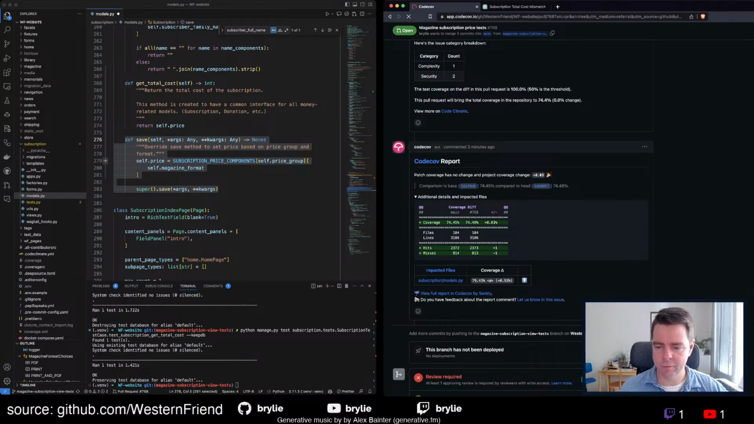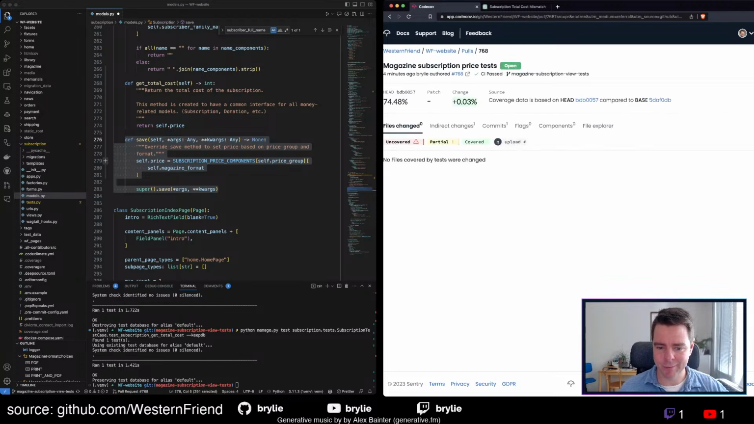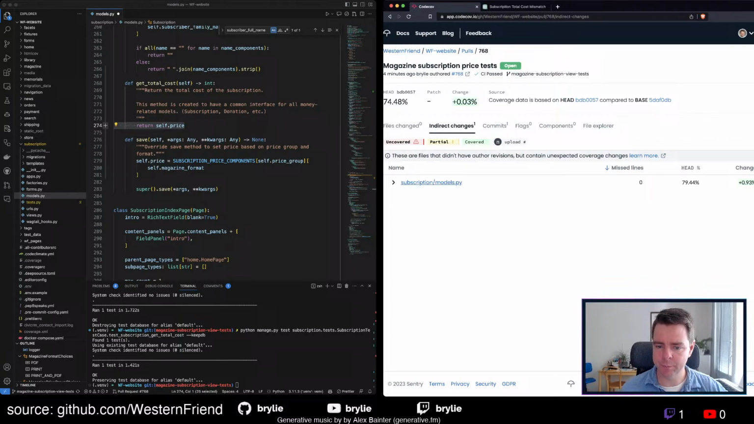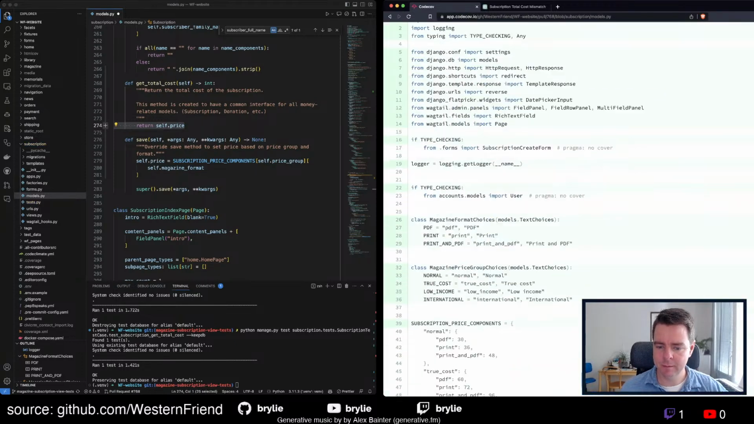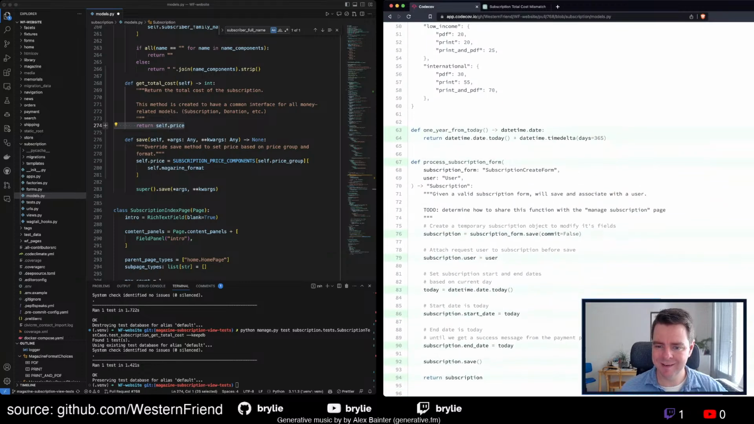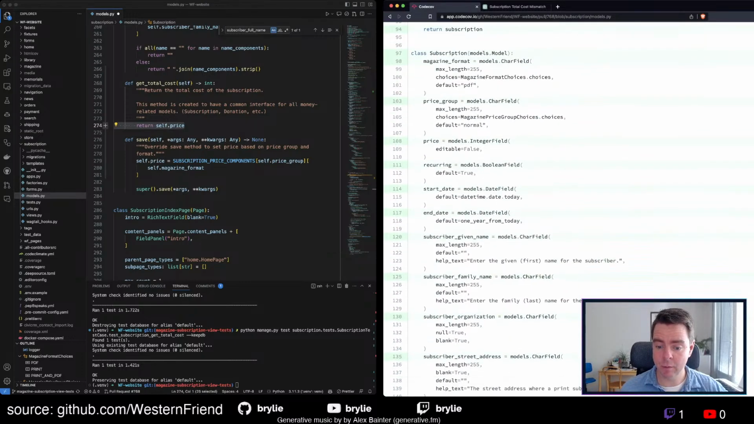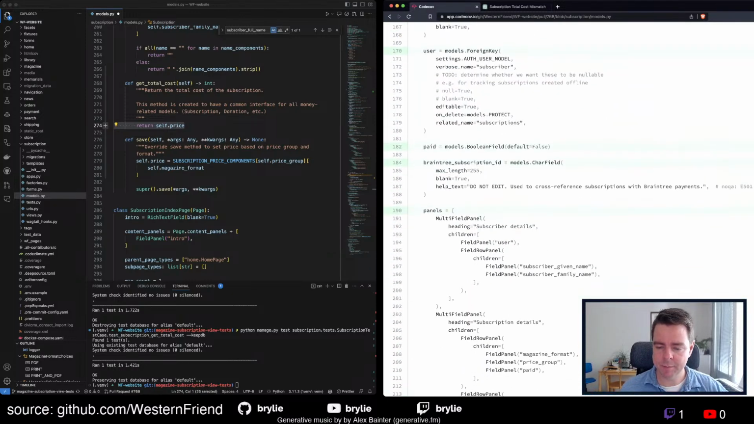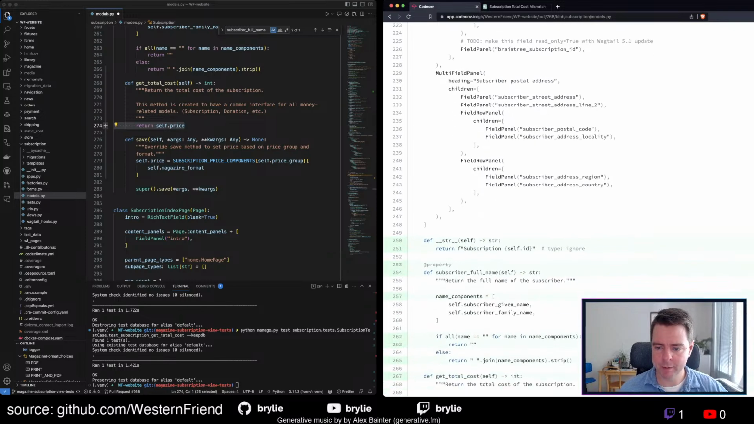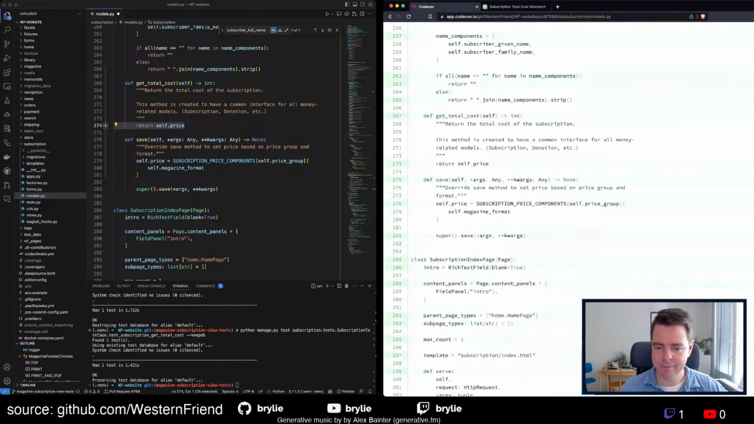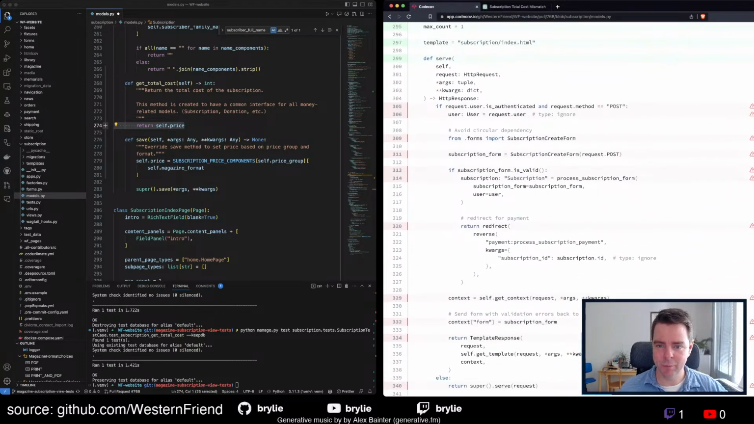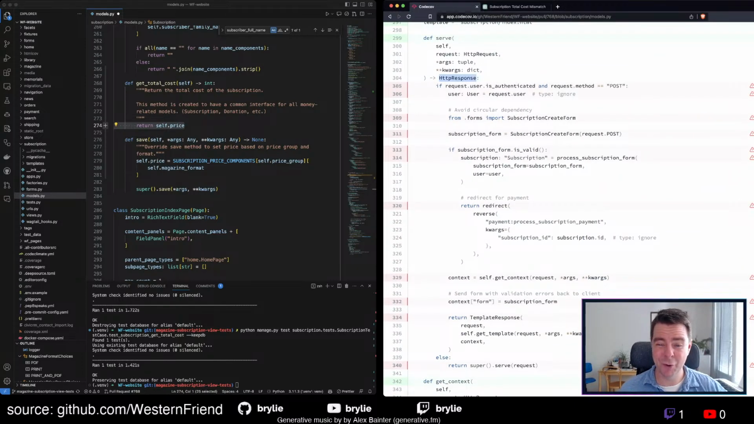Let's take a look at the coverage result. We want to make sure our get total cost is green now. This line should be green. Okay. Cost. Indirect changes, here we are. Subscription models. Subscription. Here it is, subscription. Go past the fields, past the panels, to the model methods. Here we are. Green. Yeah, and in our next adventure, we will be delving into these, what are essentially Django